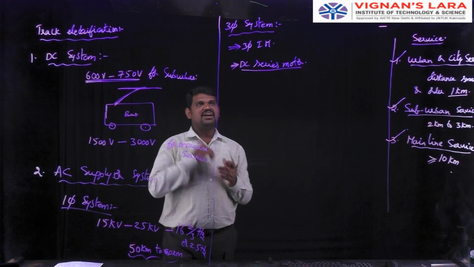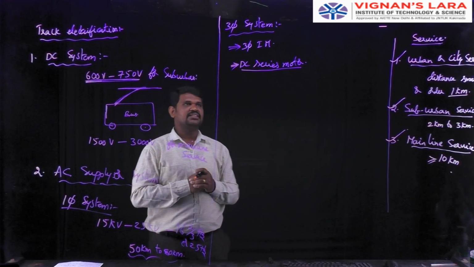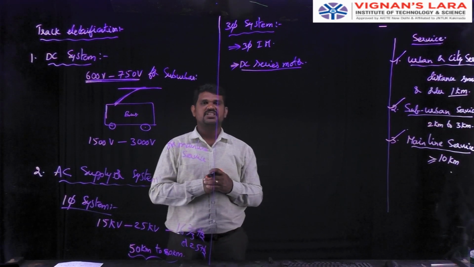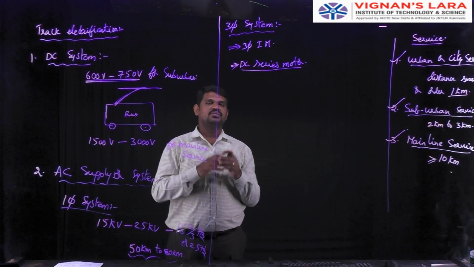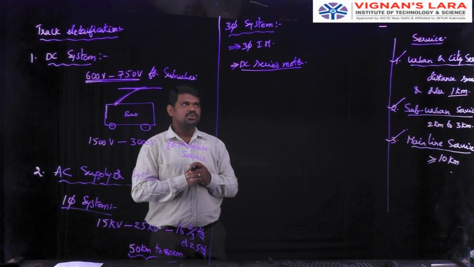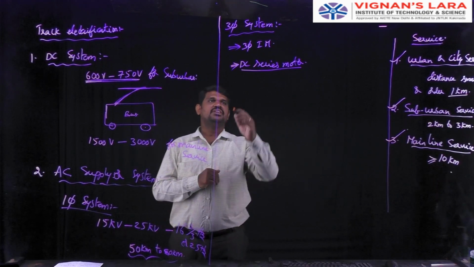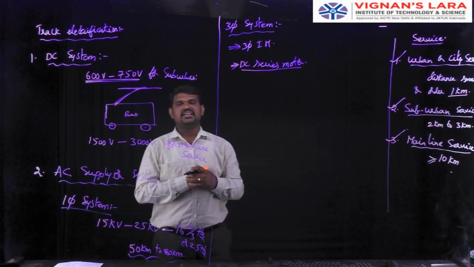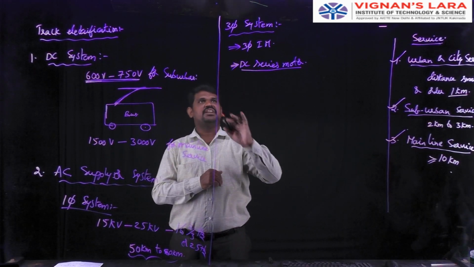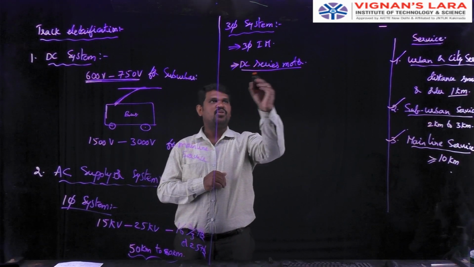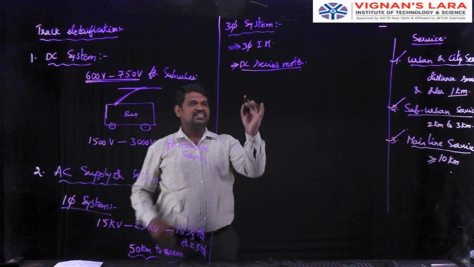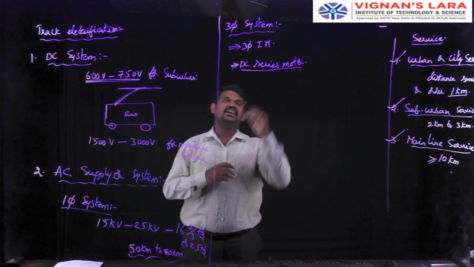But the advantage is the speed control of the series motor. The speed control of the series motor is better than the AC motors. So that's why normally we use DC motors rather than the AC motors. But that is the only advantage. It has more disadvantages. So AC motors have more advantages than the DC motor.